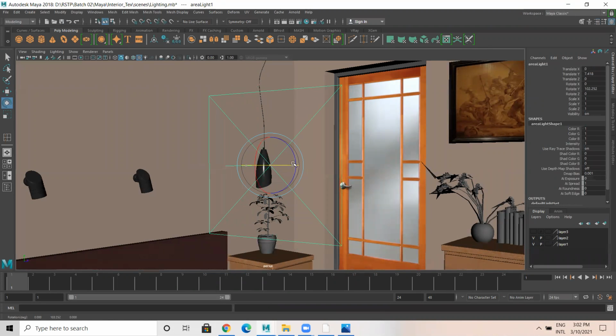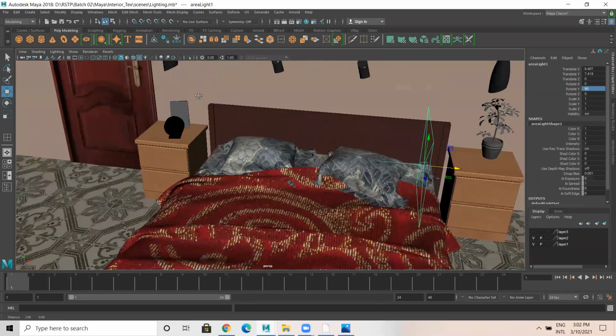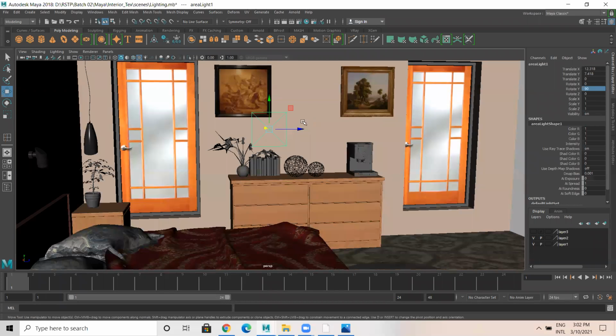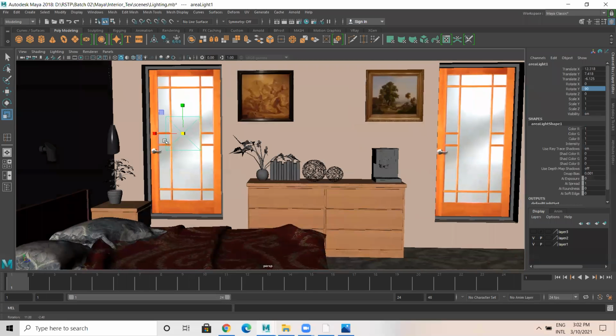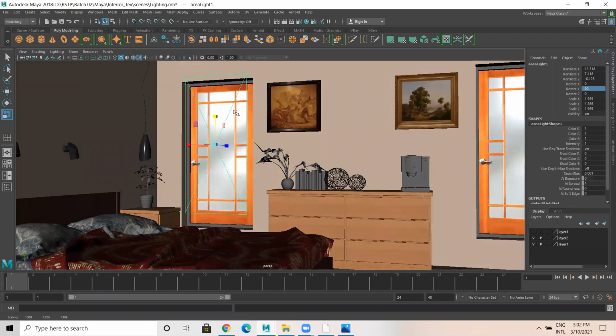The direction is 90 degrees here. I'm going to place this on the backside like this and make it bigger.